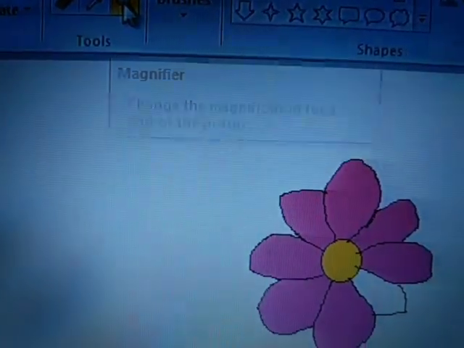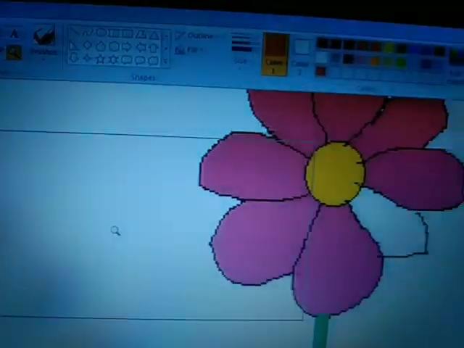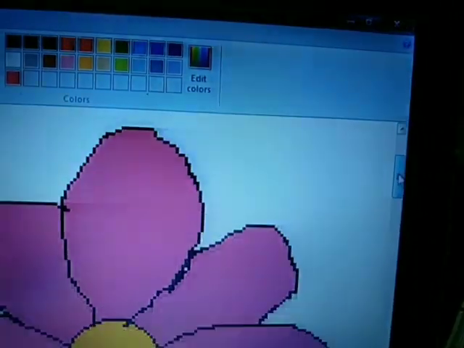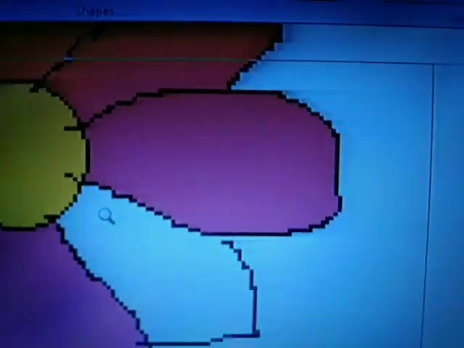I got the gap very easily, but if you find difficulties in finding out the gap, what you can do is we can use the zoom. This is the zoom tool, the magnifier tool. You can zoom your picture. Left click, the picture size will get increased. Here you have the scroll button at the bottom and both at the right side. You can scroll it up and down to find out if there is any gap. If you want to edit any particular part of the drawing, if you want to view each and every part minutely, you can scroll it right to left. The picture will move. Now we have seen the mistake that this part is left blank.